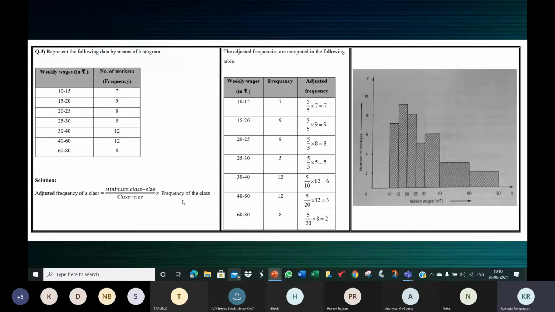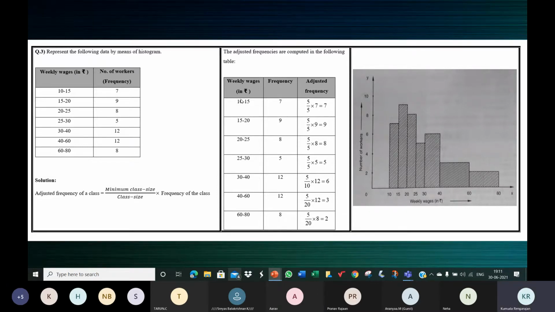Ma'am, I had network problems and now I joined only. Okay. We were just trying to recall what we understood about histogram in the last class. We just started with the question which you can see now on your screen. We finished this in the last class. If you have any questions related to this, you can ask me, because the next one will be a test, a similar one.